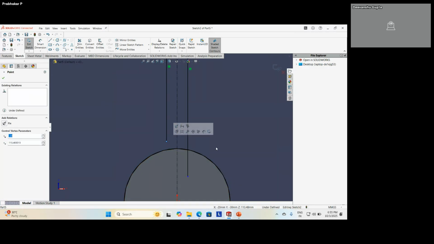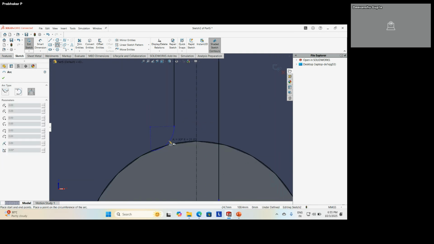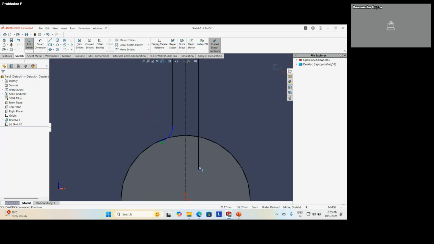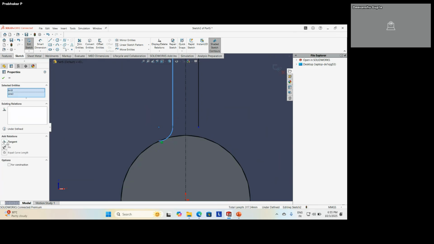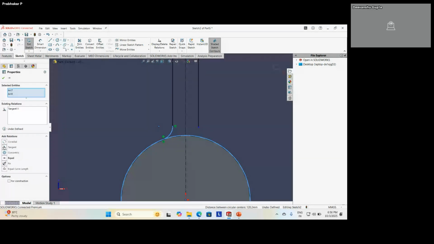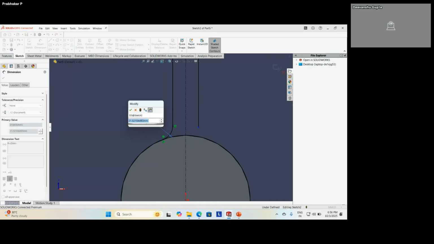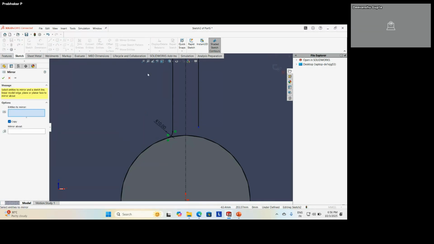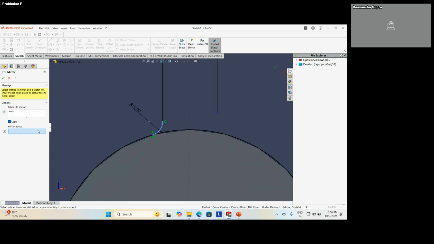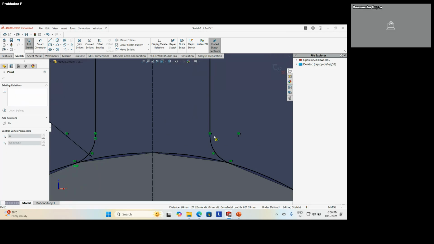Better I create a 3-point arc itself. At the same time, you can use the mirror command that I'm going to show you now. Tangent constraint I provided. Radius 10. I'm going to use mirror entities. Selecting this R, mirror about. Then I just drag and link it over here.